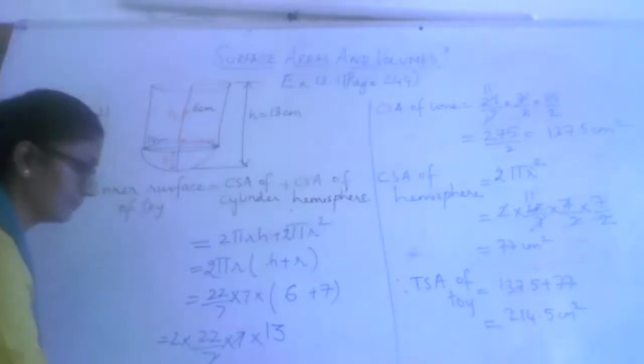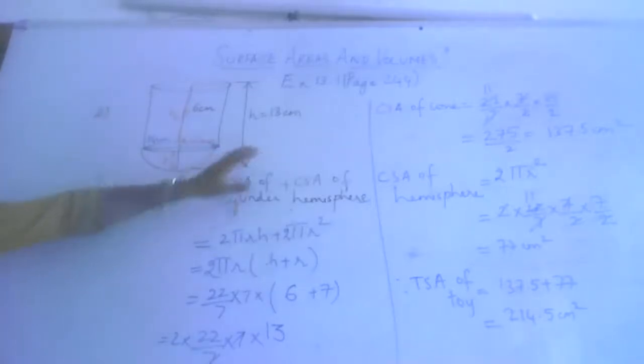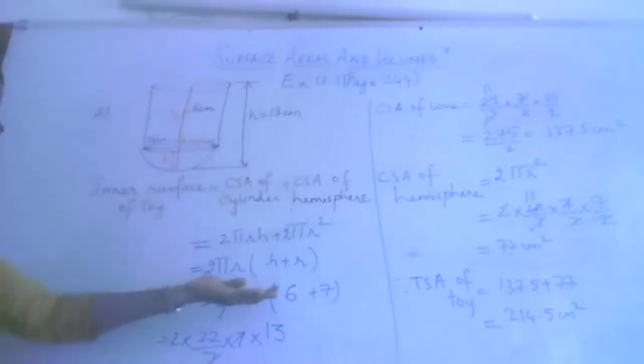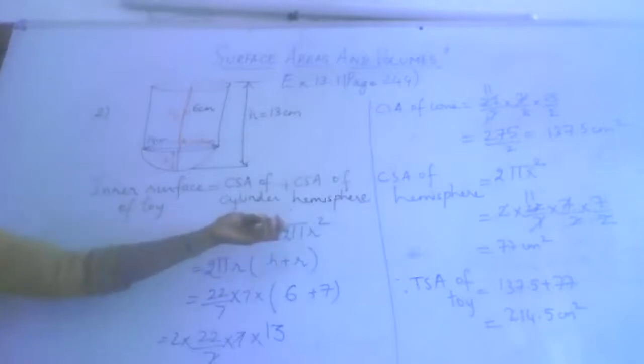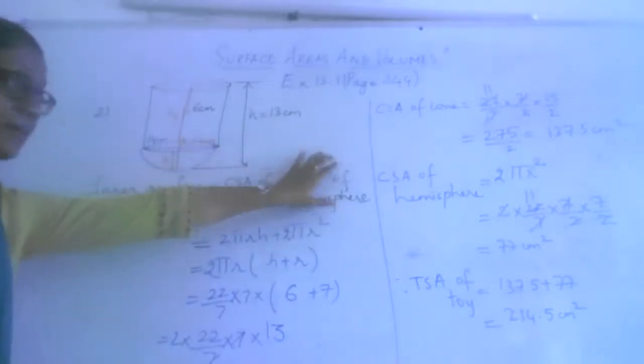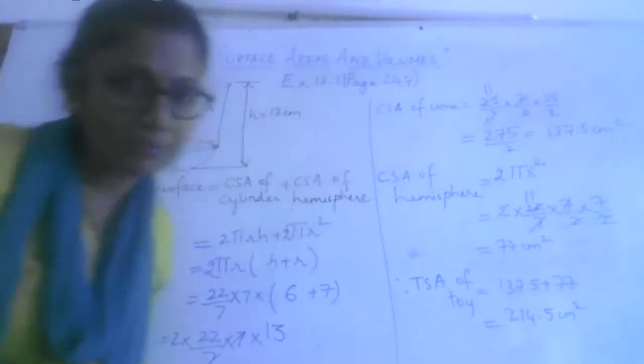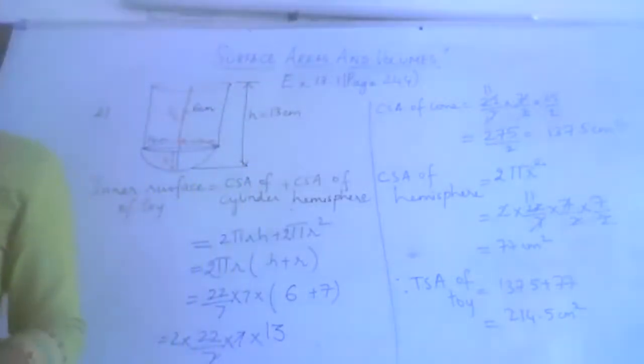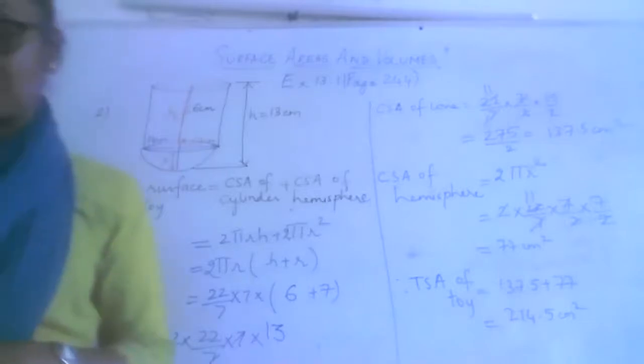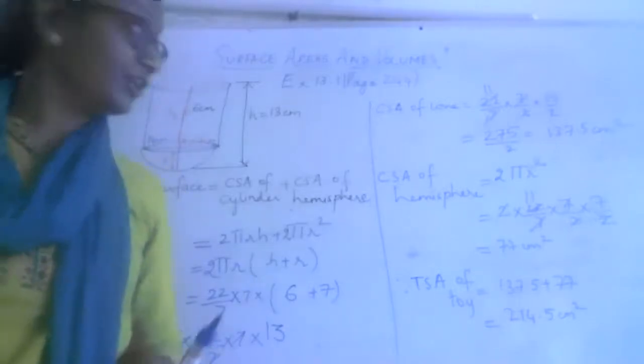Yes, ma'am. If you want to do it separately, you can do it and add. I did it this way because there are some things which are common, so why should I multiply 2 times? I'm reducing the time. But if you're comfortable doing it separately, please do it separately and add. No problem. Okay, can we take up one more problem? We have another 5 minutes. Maybe I'll take the capsule problem. In case I'm not able to finish the simplification, you may have to complete it.